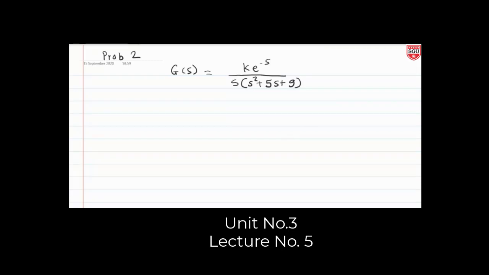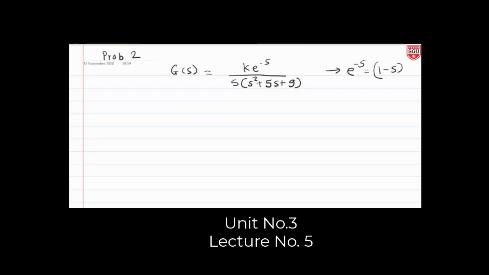So what we have to do, we have to find out the characteristic equation. Here, what is the condition? e raised to minus s, which is given in the problem, we have to assume e raised to minus s is equal to 1 minus s. This is the important step. This is the only problem where you will face such type of complications. e raised to minus s is equal to 1 minus s.